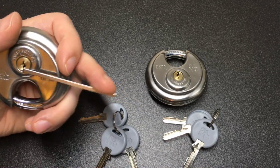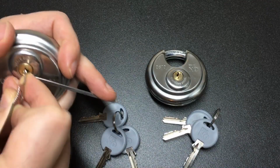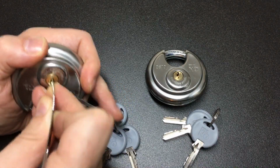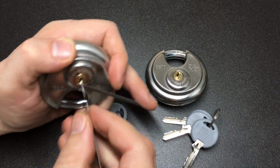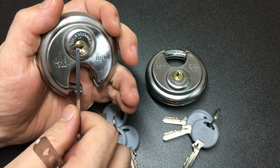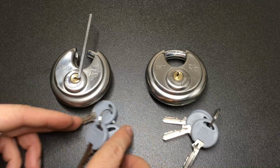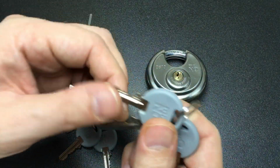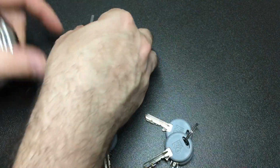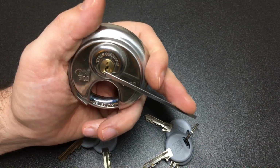What should I use? I'm going to try and use this rake here. Extreme light tension. Oh, and we're open. So yeah, it is a bit more susceptible to raking. It just goes to show, doesn't it, that if you're going to buy a lock, look at the keys, look at the more extreme bitting, see how much more different it is in terms of holding up to raking. Just to prove that point, we're going to just use the same rake in this,